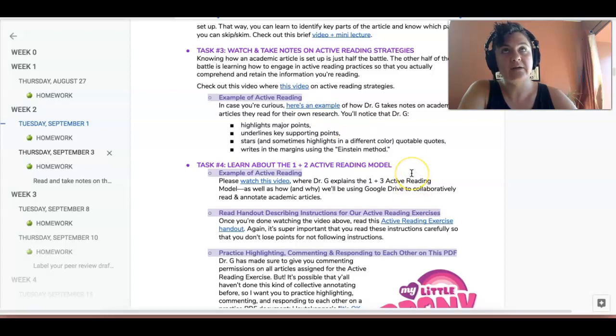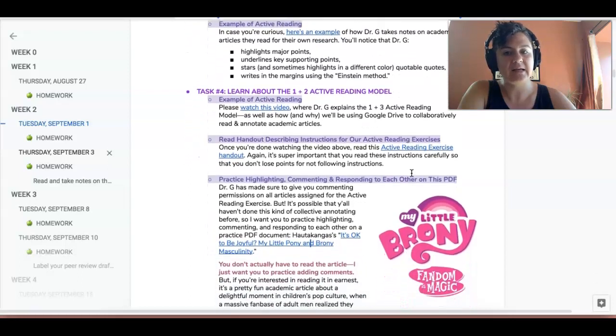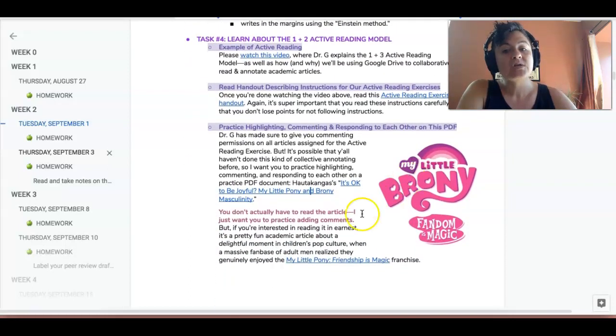The open secret is that if you are someone who is a scholar, you can't just read an article and not take notes on it. You have to read the article and take notes on it at the same time to actually process that stuff, all right? So the last thing that I'm going to ask you to do today